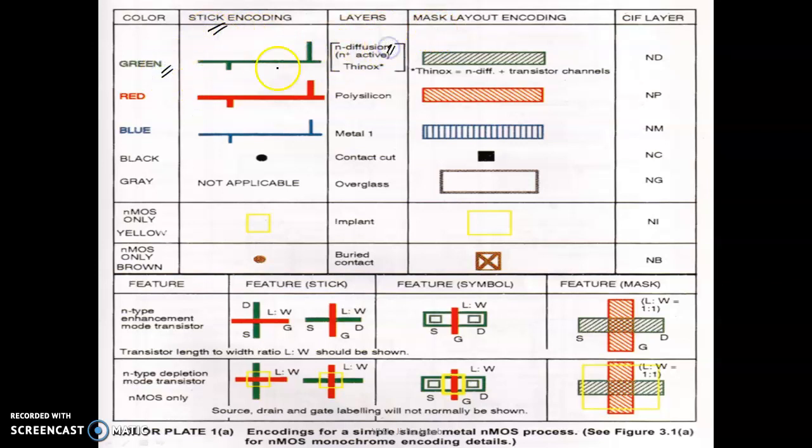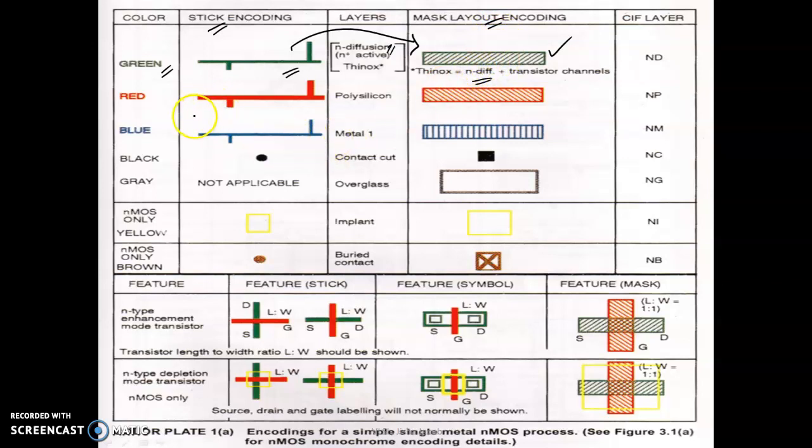Green is N diffusion. It is just a green line without any dimensions in the stick diagram. When you go to layout, the code used in layout is also green, but it has a finite thickness and is shaded with green color. Closely spaced shading. Okay, please note that it is closely spaced shading. This is how you code N diffusion in layout, and this is how you code N diffusion in the stick diagram. You see the translation of the code used in the stick diagram to the code used in layout. This is exactly what we are doing here.